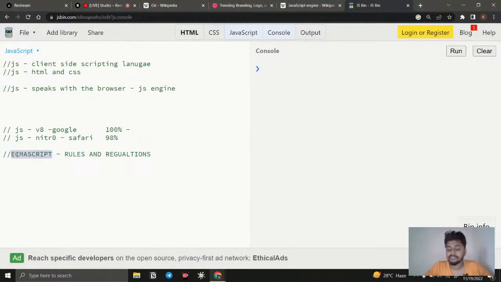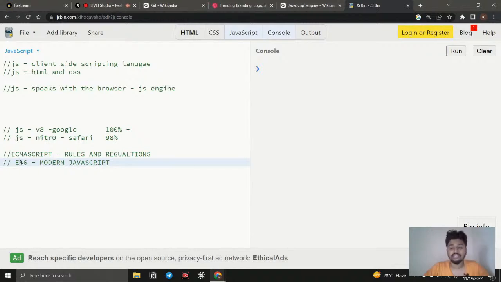But if you want to run a file that has JavaScript, then you need to update your engine according to ES6. Yes, of course, ECMAScript also has some versions. So ES6 is called modern JavaScript. What is modern JavaScript? ES is nothing but ECMAScript, and 6 is the version of it. It is nothing but the rules and regulations getting updated, every year, or whenever they want to update.